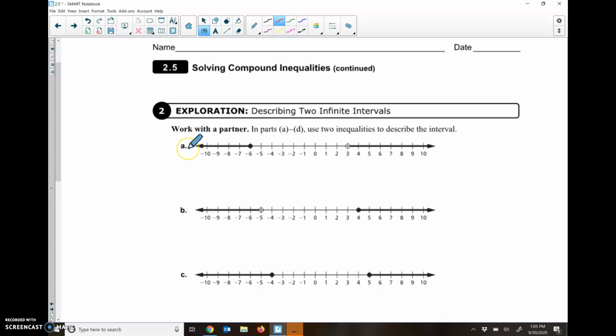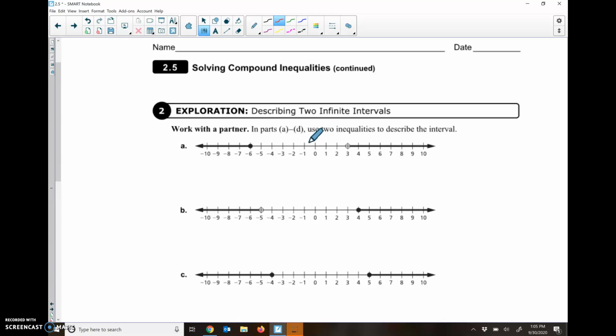My x can be less than -6. Well, after -6, there's a billion numbers, an infinity amount of numbers that are less than -6. X needs to be greater than 3. Again, there's a billion numbers that are greater than 3. Really, x just can't be -5 or -4 or -3 or -2 or -1 or 0 or 1, 2, or 3. Any other number fits